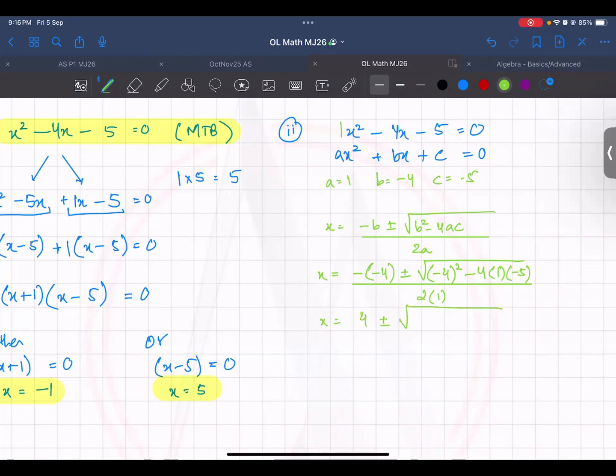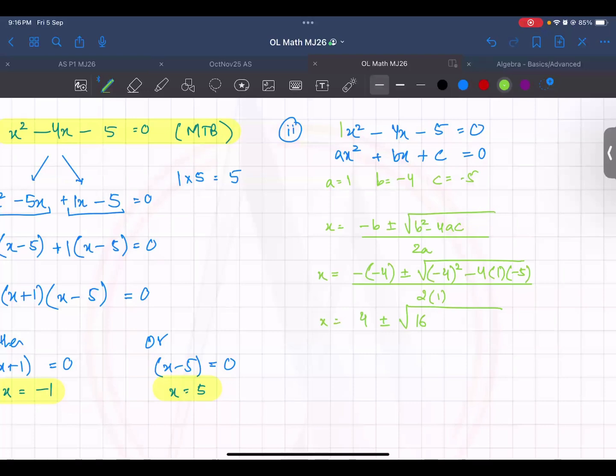Minus 4 squared. What is minus 4 whole squared? Plus 16 or minus 16? Plus 16. Why plus 16? Because it's minus 4 times minus 4. Because minus is also part of the bracket, so whatever is inside the bracket, you are squaring it. So -4 multiplied by -4, minus minus cancels out. So this becomes plus 16 now.